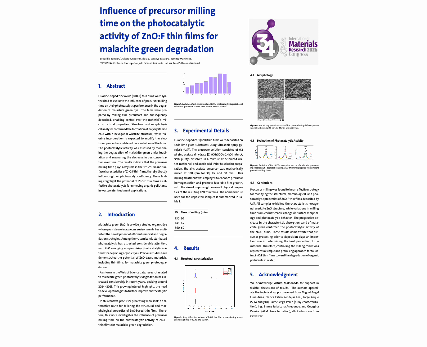Finally, we evaluated the photocatalytic activity of the three films by monitoring the UV absorption spectra of malachite green during irradiation. This figure shows the evolution of the characteristic absorption band of malachite green. As irradiation time increases, we observe a progressive decrease in the intensity of the absorption band. This decrease indicates a reduction in the concentration of malachite green in the solution and therefore confirms the photocatalytic activity